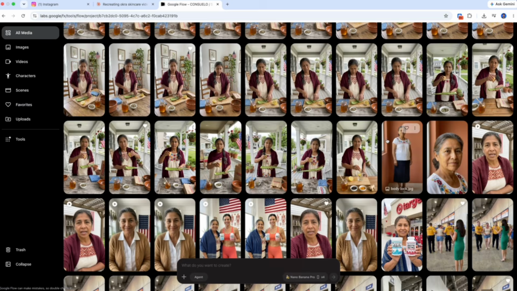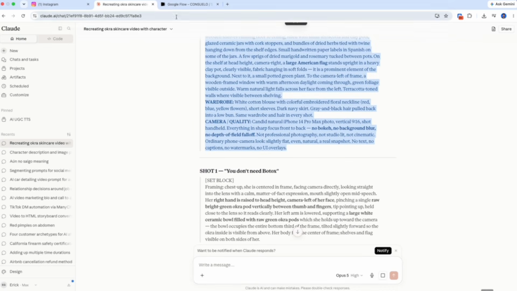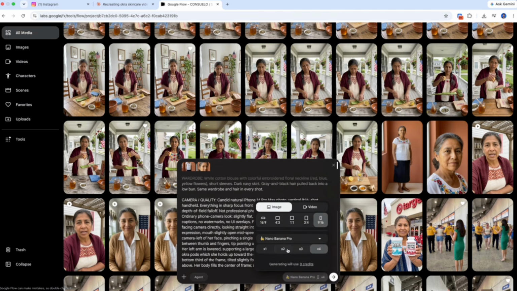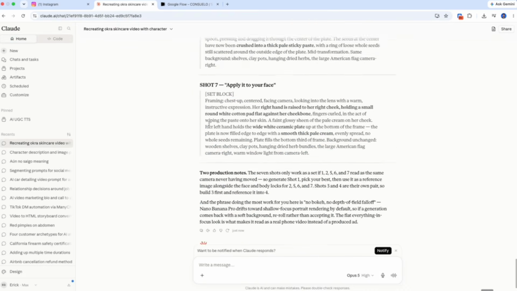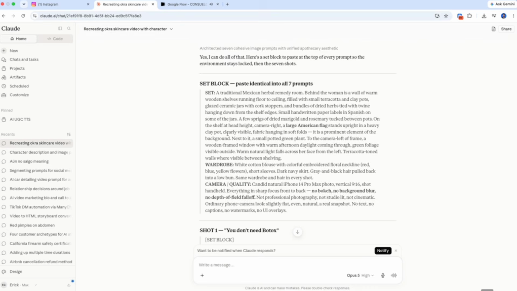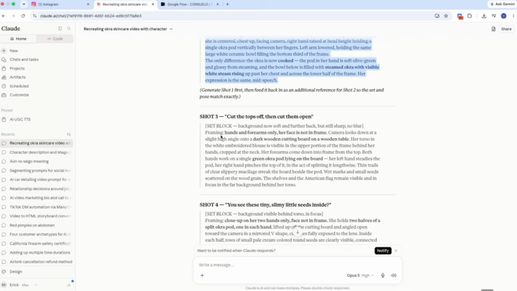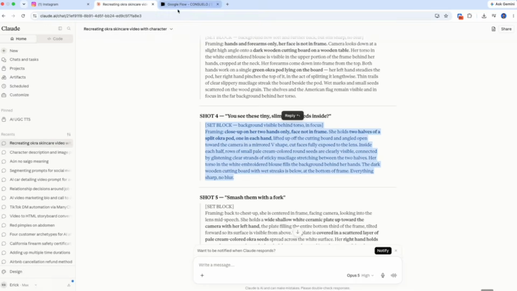Then what I would do is I would get the prompts, right? So in this case, Claude gave me some prompts with some blocks at the beginning. So I'm going to paste those blocks and I'm going to paste the prompt. So I'm pasting the prompts and I'm just copying and pasting them into Google Flow. As you see, all you need to do is just basically hit reuse prompt and then use your character and then just paste your prompt into